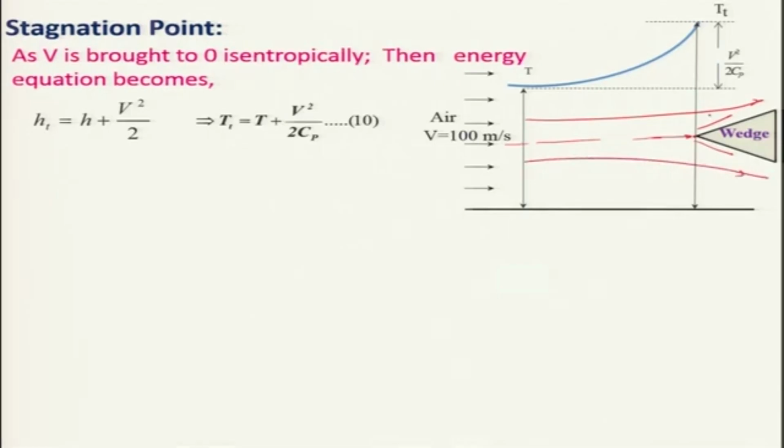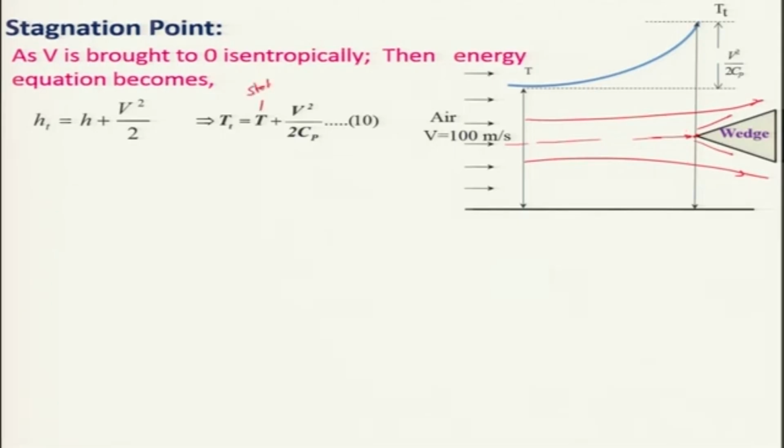So, this velocity, which was very high, will be converted into velocity head, that is, converted into temperature. Therefore, at this point, the nose point, the temperature will be higher, which is experienced by the wedge or cone point, and total temperature will consist of the static temperature